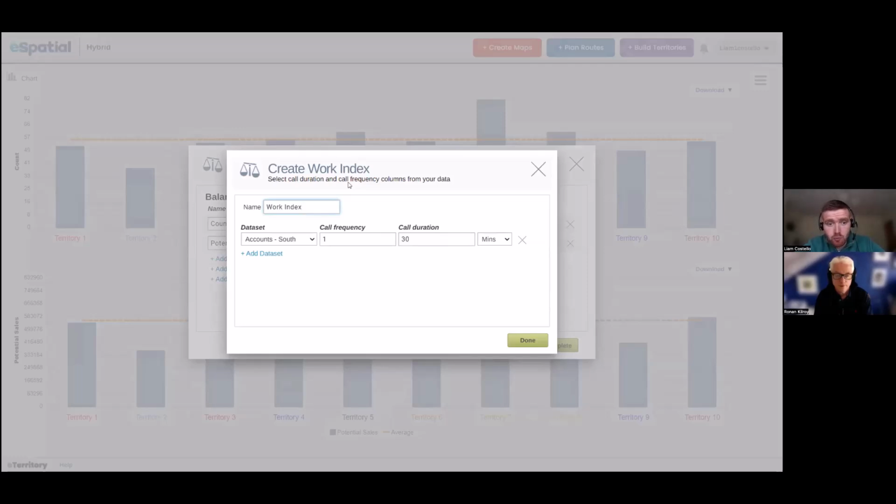And then the element working in the background is the travel time. And what if you have customers, Liam, with a data set of a few thousand customers and they all have different call frequencies and durations? Well, maybe not all, but they're maybe categorized. How do I display that?